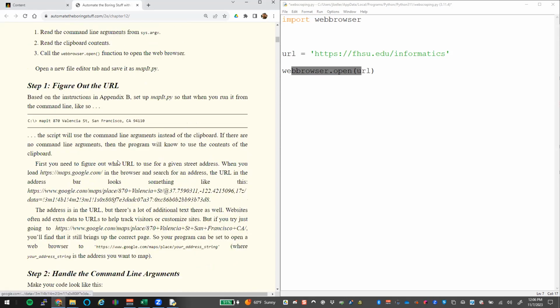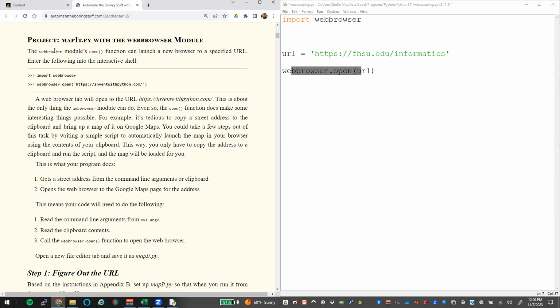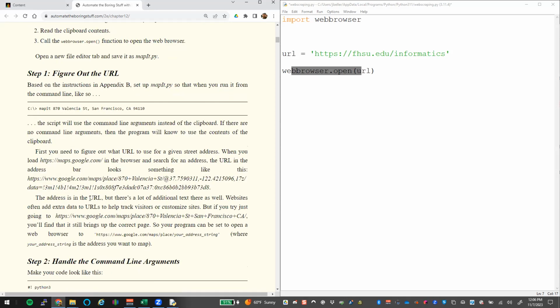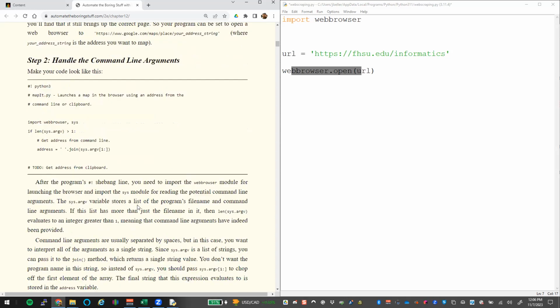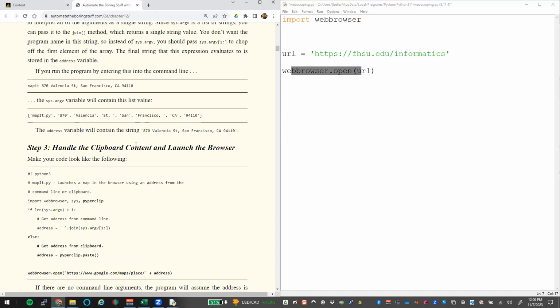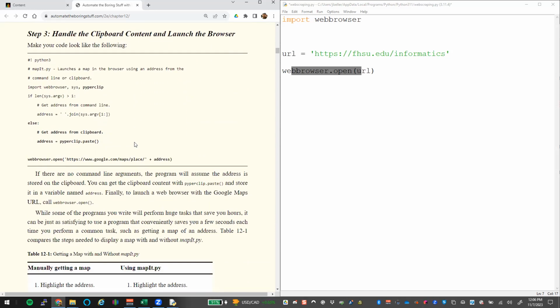So if we look at this mapIt example they have here, which is going back to webbrowser itself, what they're actually doing is building a URL based off the address. So in this case, they called it mapIt, and then you pass it a street address, and it will automatically build out the URL based on something like that, right? We can ignore that section. We're not going to go through that. What we will handle is